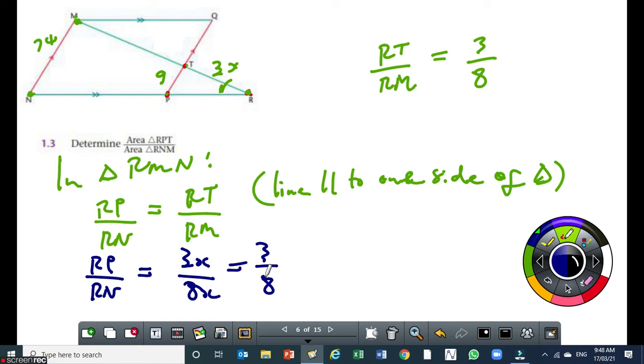Now I want you to be aware that the proportion theorem and similar triangles can be joined together sometimes when you're answering some questions. You have to connect the two, proportion theorem and similar triangles. So if I want to find the area now, look at what I'm going to do. I'm going to use the area rule to get this ratio of those two. Okay? So on the next page,